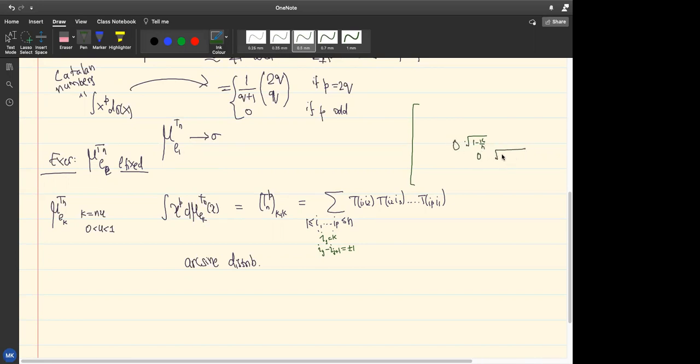And then we will have square root of 1 minus (k plus 1) over n, etc. So approximately all these, if we fix p and look at T of i1, i2, i2, i3, etc., all those entries are approximately square root of 1 minus k over n. So we can write that this is approximately square root of 1 minus k over n, to the power p, which is p over 2, times the number of paths which start at k, and so the number of walks